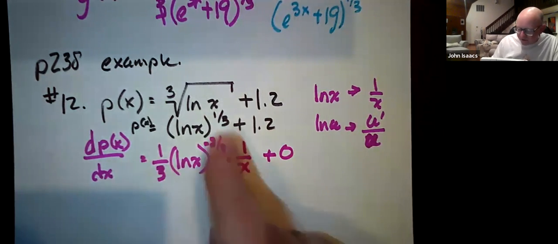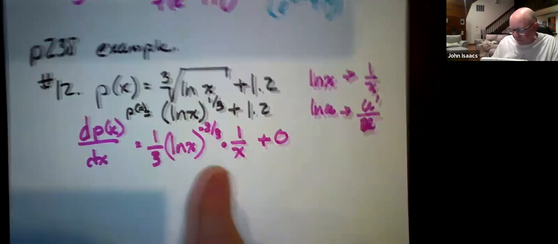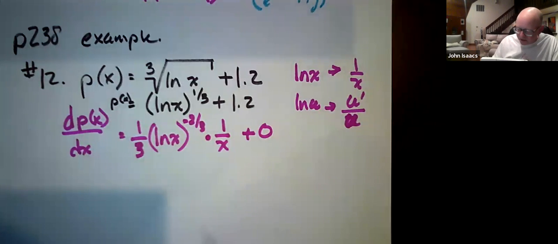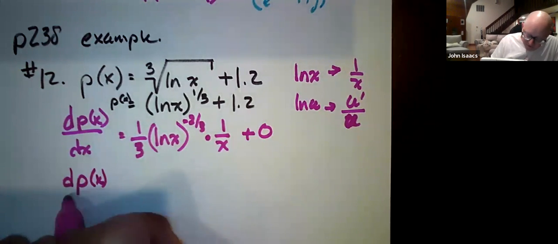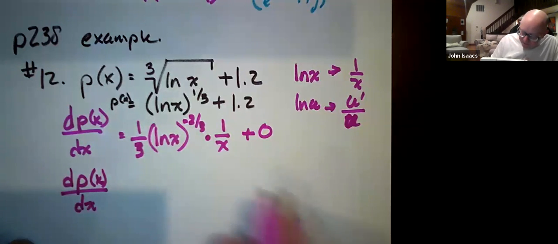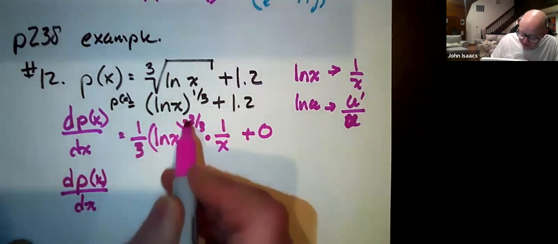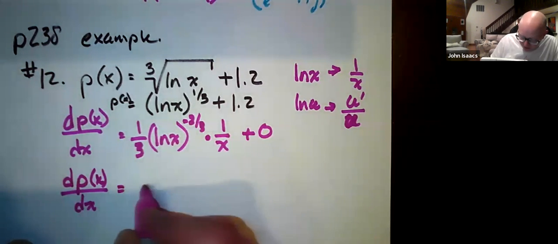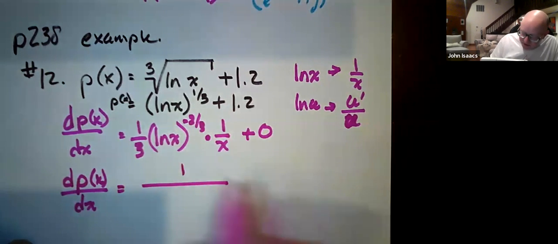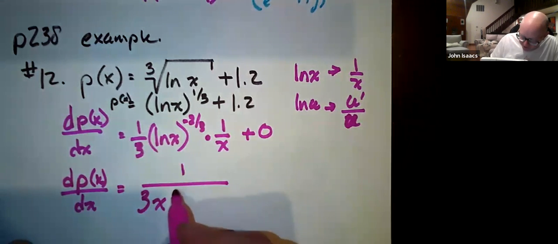Now, this was written as a radical, so we're not going to leave it this way. And we're also not going to leave that negative exponent. So d of p of x over d of x. This 3 is in the denominator. This ln x is actually in the denominator. This x is in the denominator. The only thing left in the numerator here is 1. So we have 3 and we have x. And then we have the 3rd root